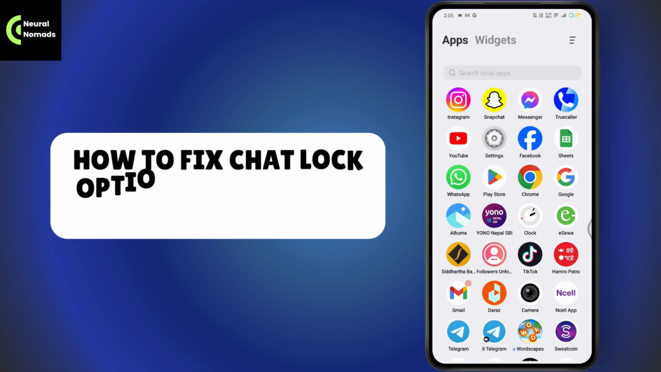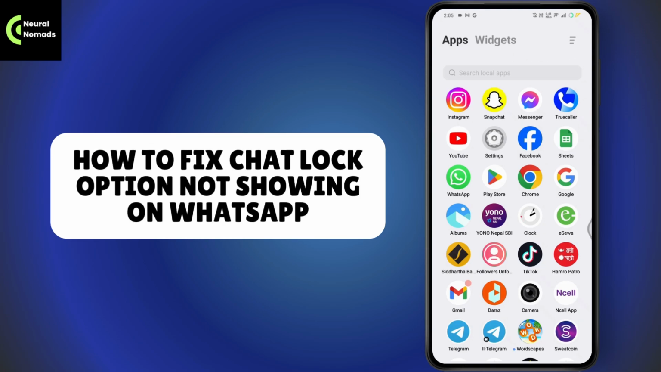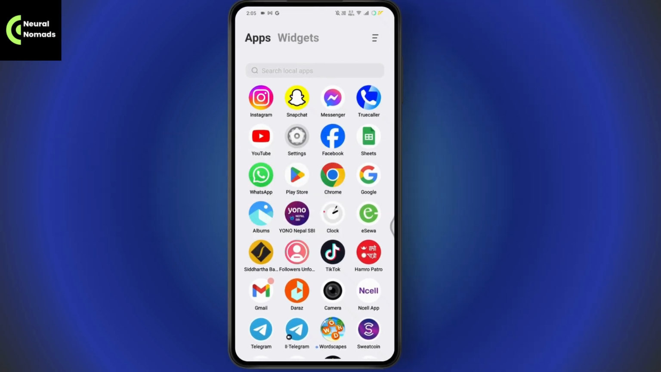How to fix chat lock option not showing on WhatsApp. So if you want to fix chat lock option not showing on WhatsApp, then what you need to do is